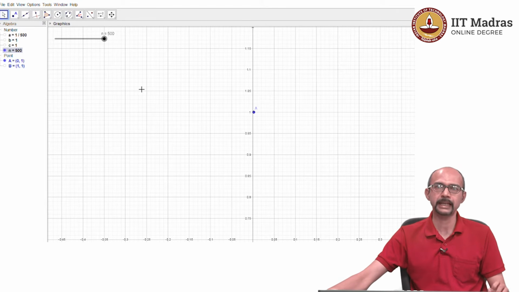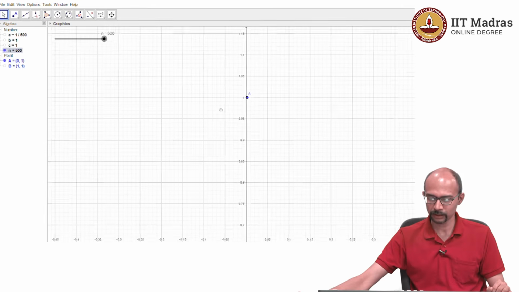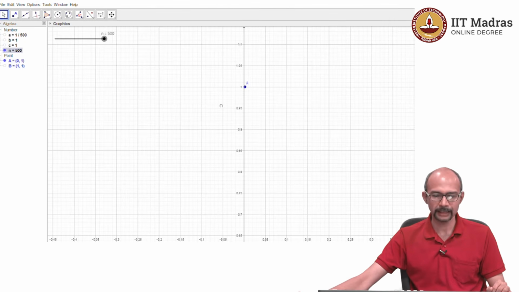So, that says that as n tends to infinity, for this sequence, each coordinate, we know what happens. 1 by n tends to 0 as n tends to infinity. So, that is the first coordinate. That is why in the first coordinate we have 0, and in the second coordinate we have n times sine 1 by n, which we know, because sin x by x as x tends to 0 tends to 1, the second coordinate sequence tends to 1. So, the limit is (0, 1) and we have seen a geometric